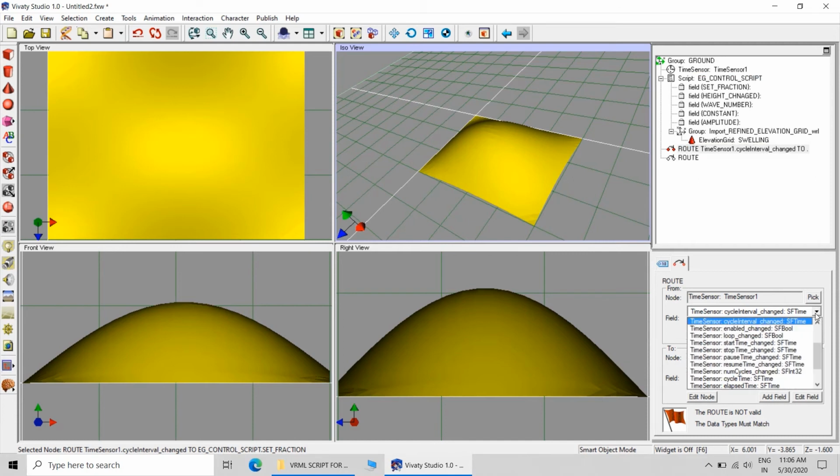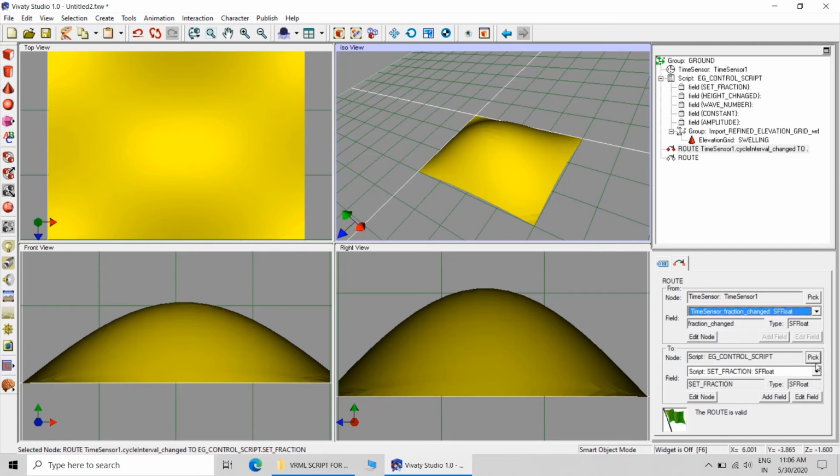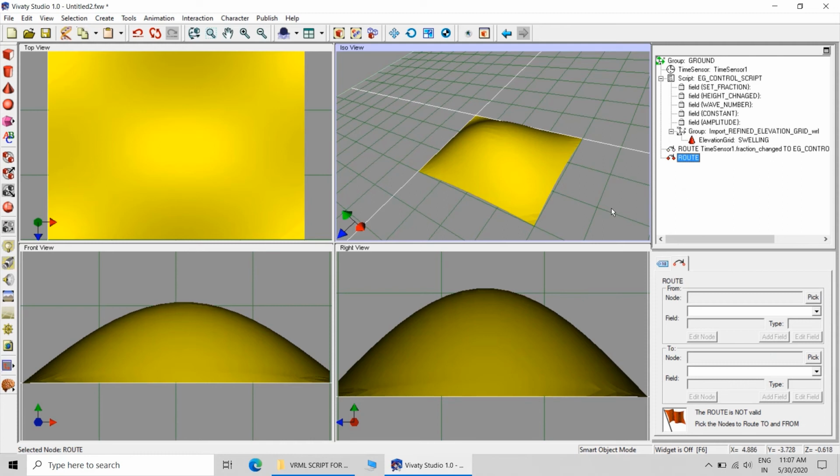The first route will be from time sensor to the script. The second route will be from script to elevation grid.